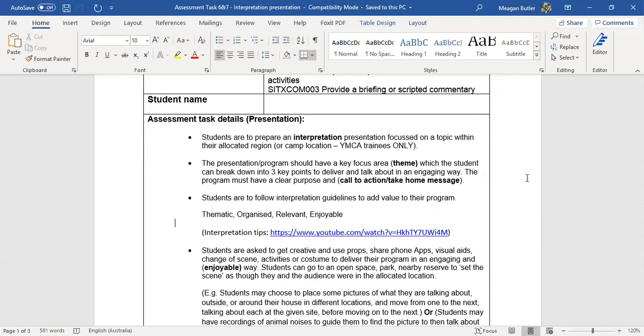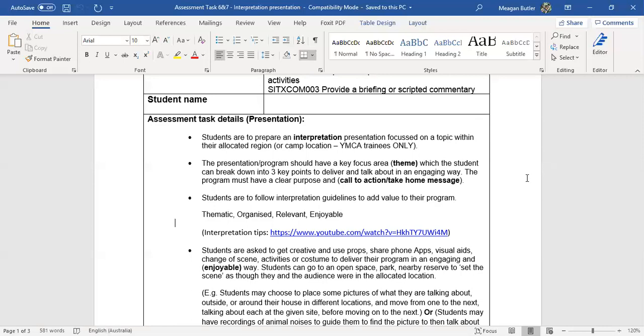So you could walk through your YMCA and talk to them about locals, same sort of topics that we've been talking about with the other region, but you essentially have the opportunity to create a program that you are more likely to actually run with a group. It could be a night walk looking for nocturnal animals. It could be looking at plant species. It could be talking about local impacts and things like that.